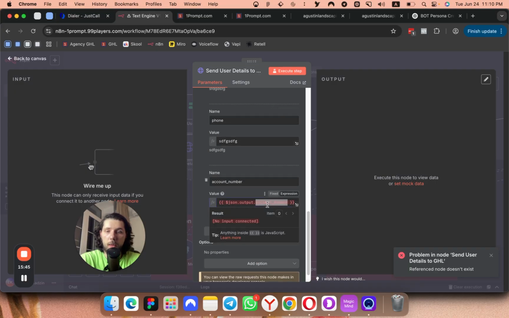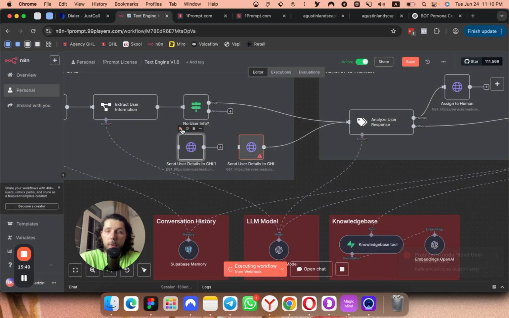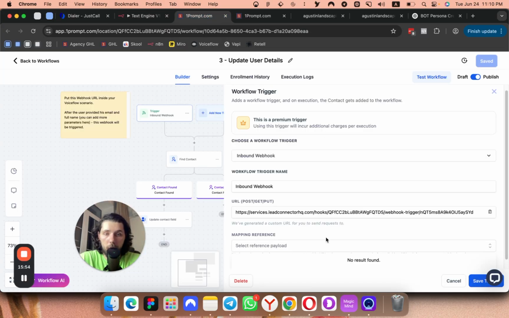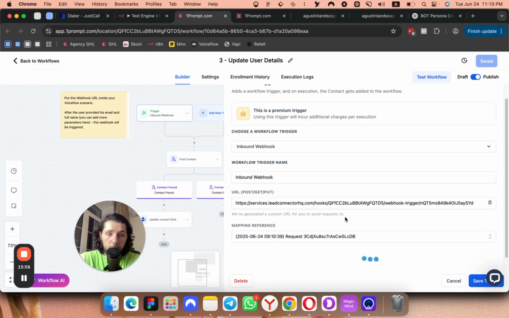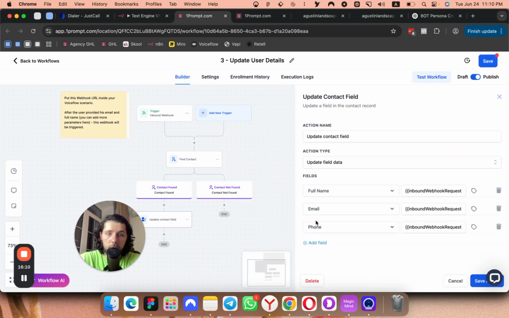Okay. So now if we execute this, we're going to send it here. Okay, we have this payload. As you can see in this payload, we have the account number. So this will be mapped right away. So find the contact. As you can see, full name, email, user ID. So this is all mapped. So let's actually save